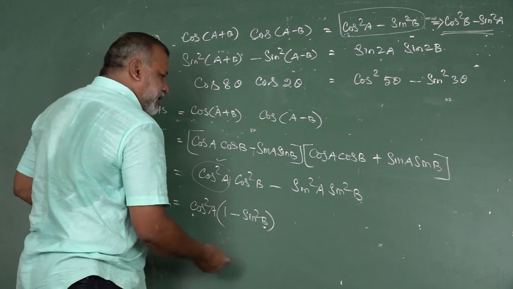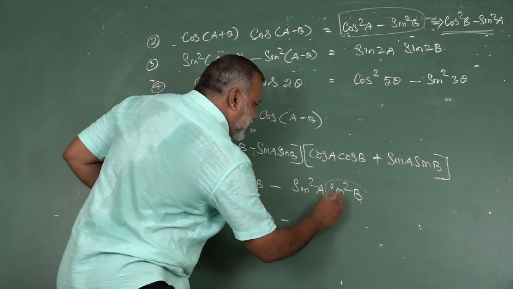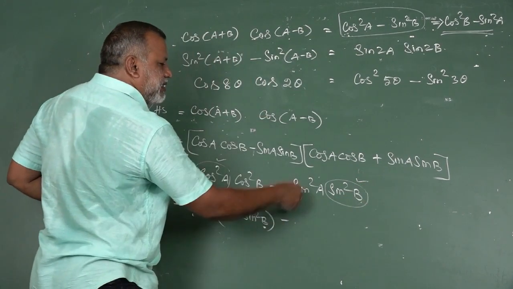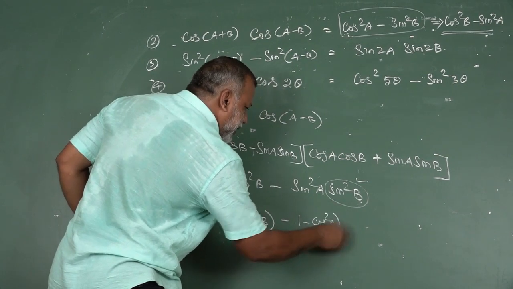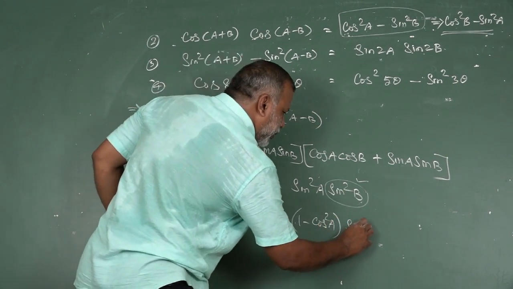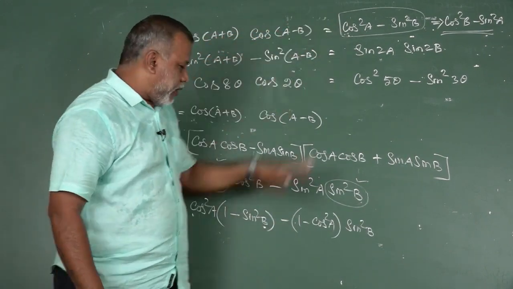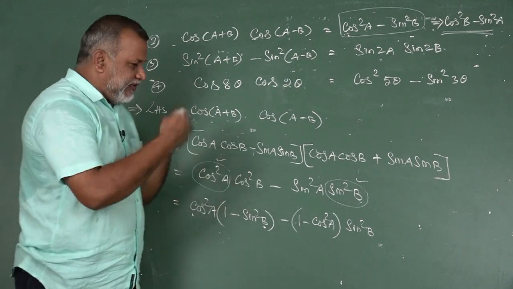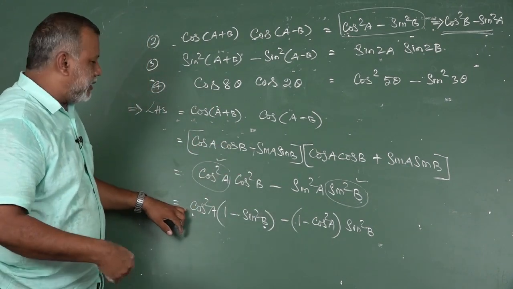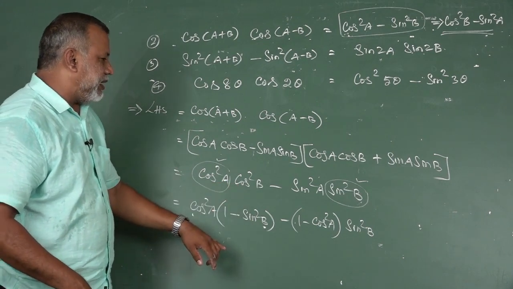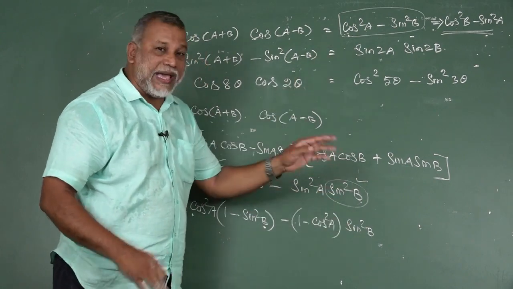Use the identity. Now minus, we need the sin squared B. Then the sin squared A will be removed with the help of 1 minus cos squared A. Now you already have sin squared B. So with the help of this proof, we remove which element we do not need. Here cos squared A is wanted, so cos squared B is eliminated. Here sin squared A will be removed. Sin squared B is wanted as per the proof.